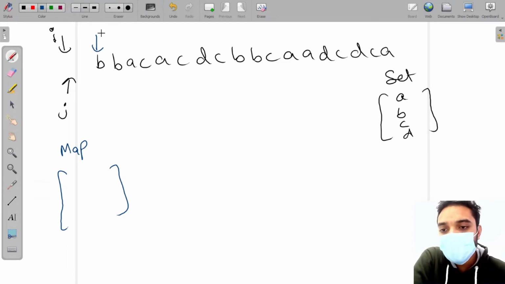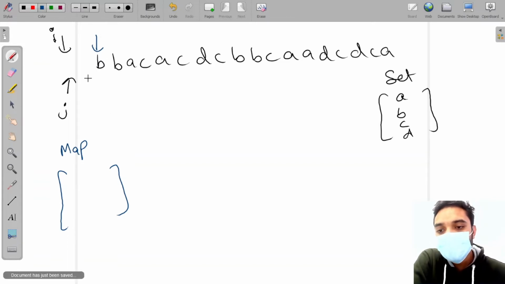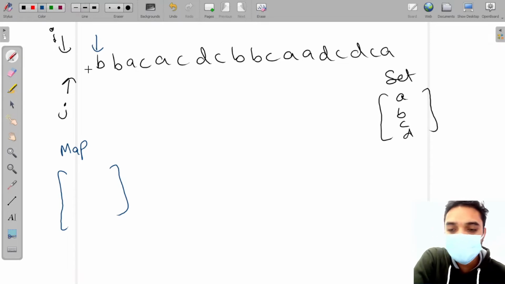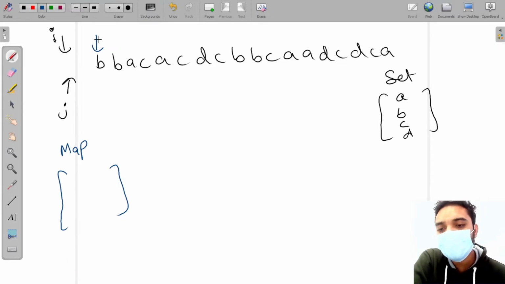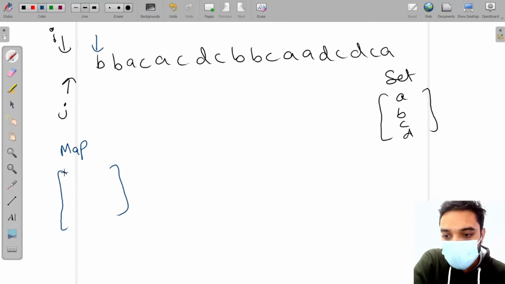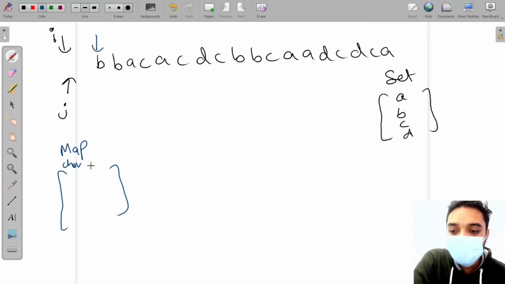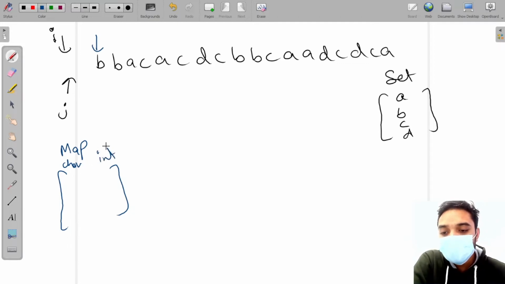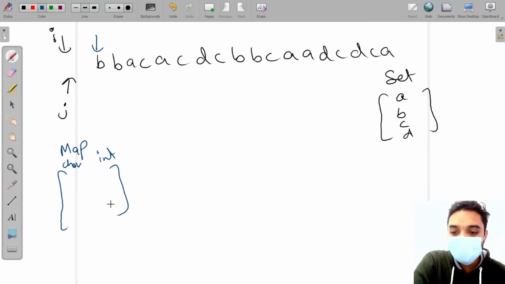So now my i is here. I just have to add this character into my map. My map's key will be of character type, and my map's value will be of integer type. The integer value shows the total count of that character included right now.